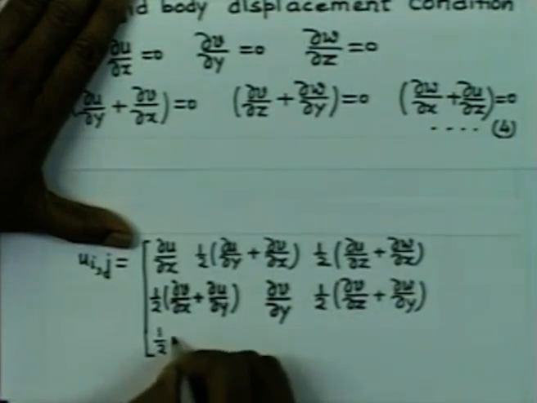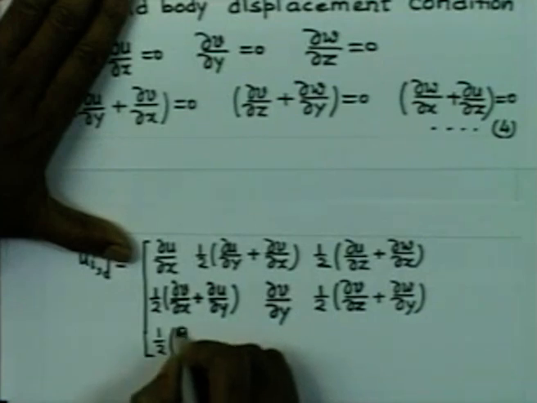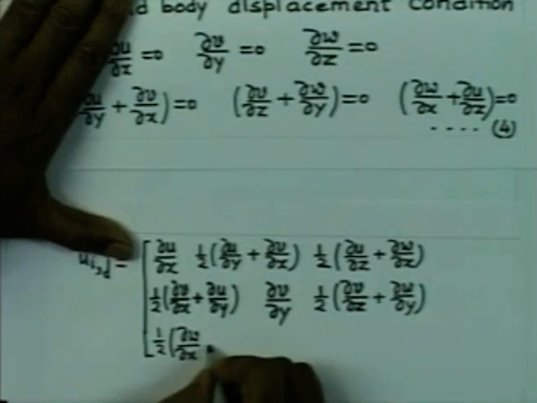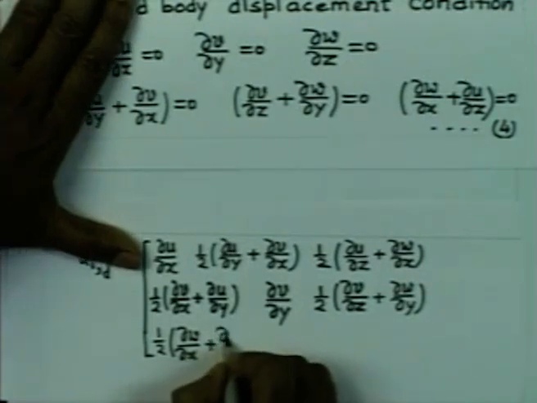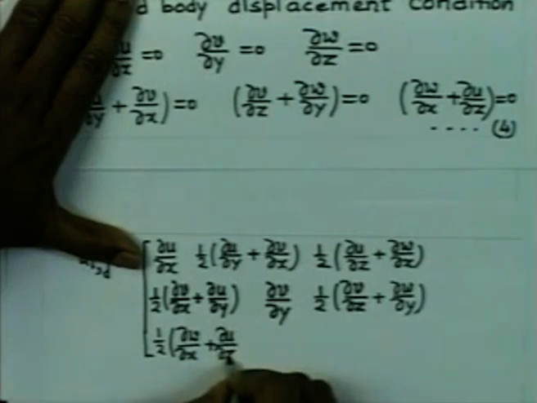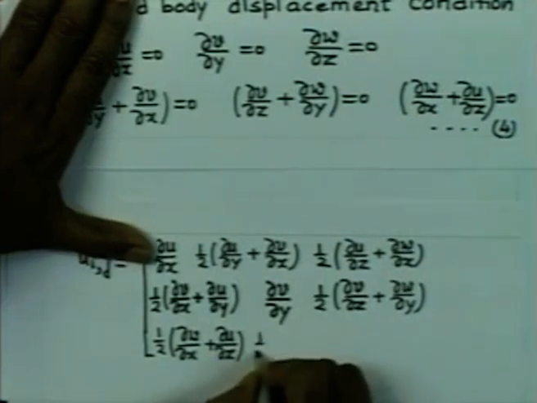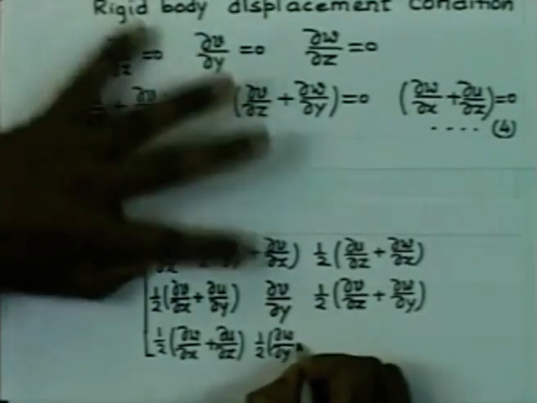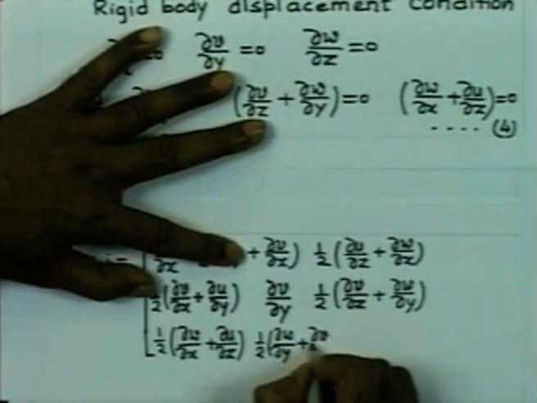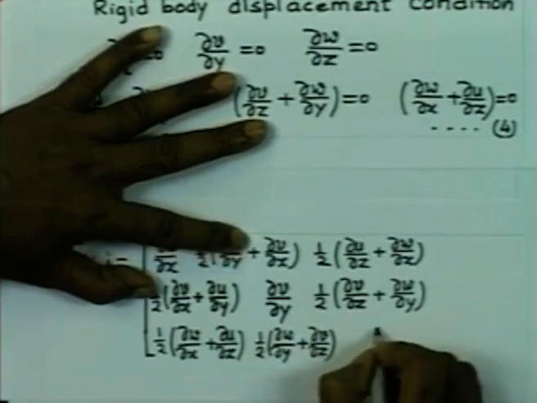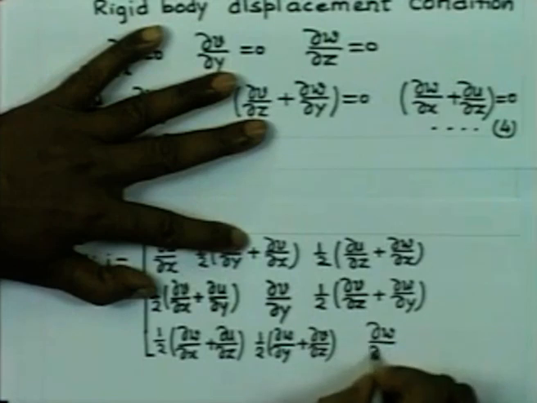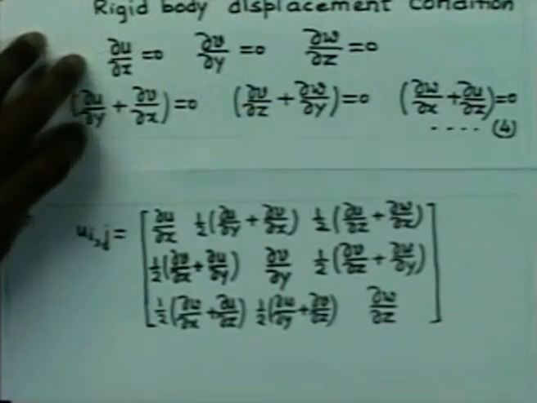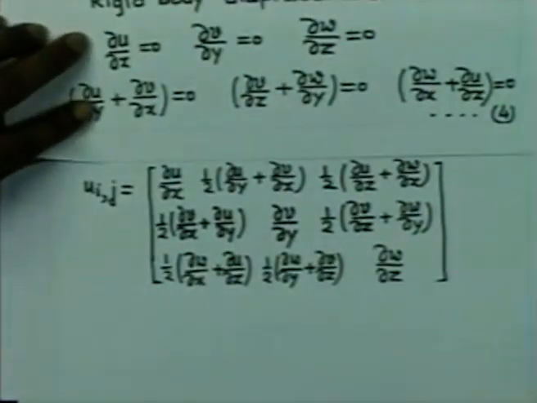Then we have half (δW/δX + δU/δZ), half (δW/δY + δV/δZ) and δW/δZ. So, this is the first part, and then we try to write